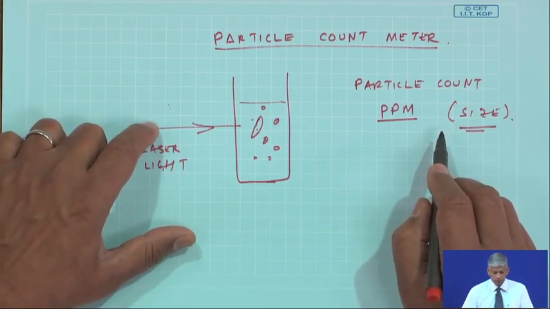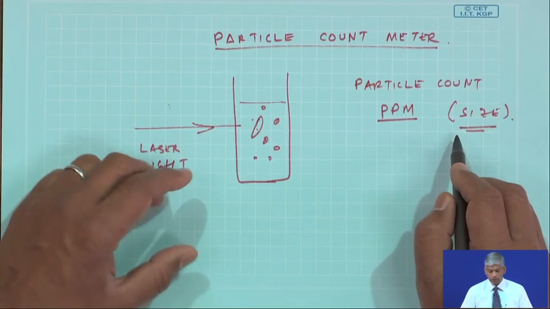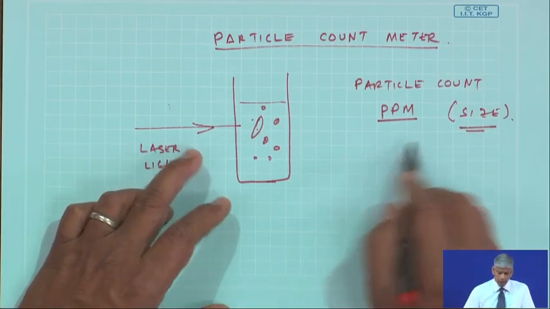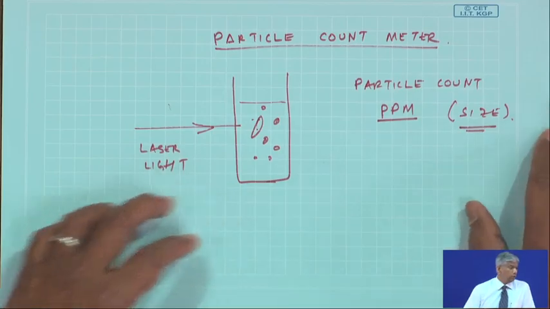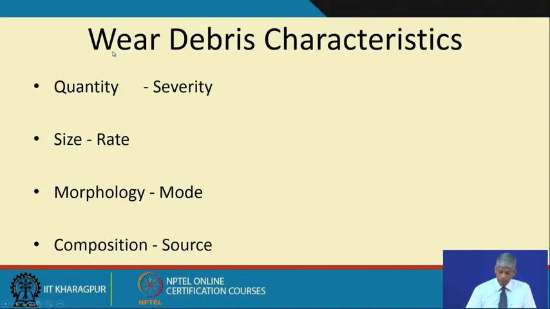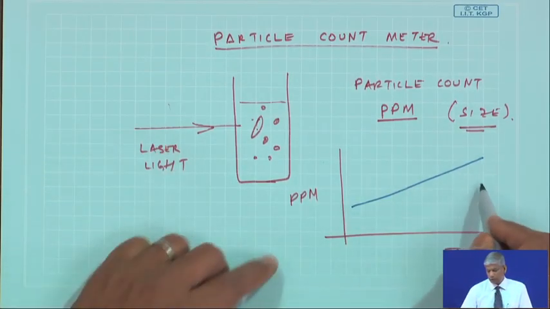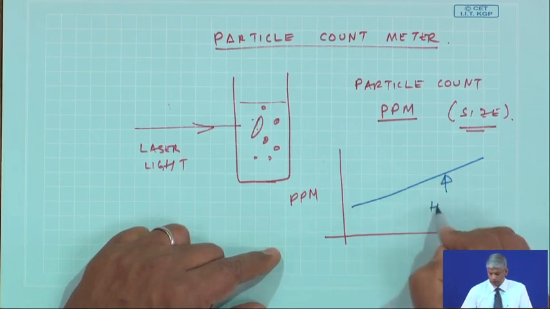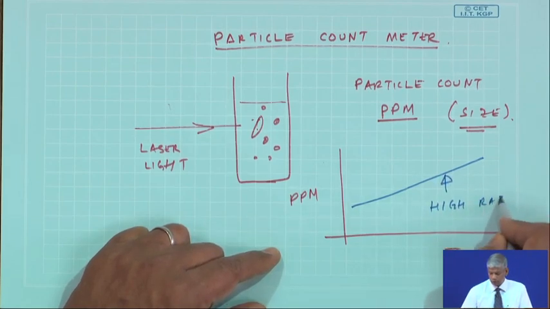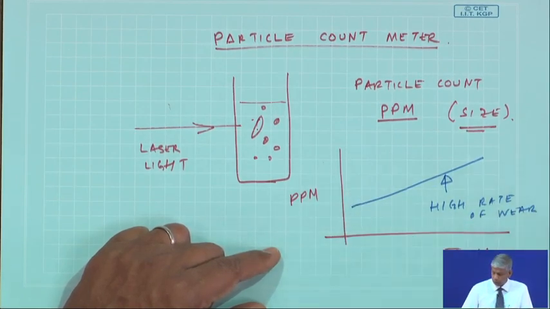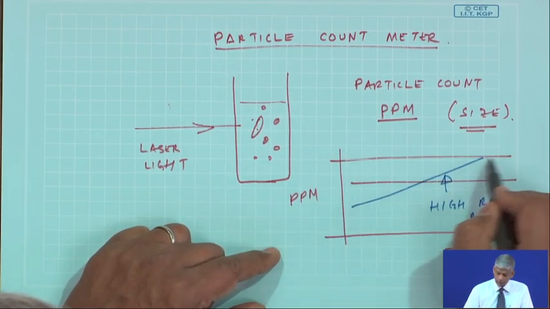So, we can have a filter, allow a light beam of certain diameter to pass through and so on, and then if this quantity changes with time, ppm with time, this will obviously give me an indication that a high rate of wear is occurring, as opposed to this. So, we can have alarm conditions,